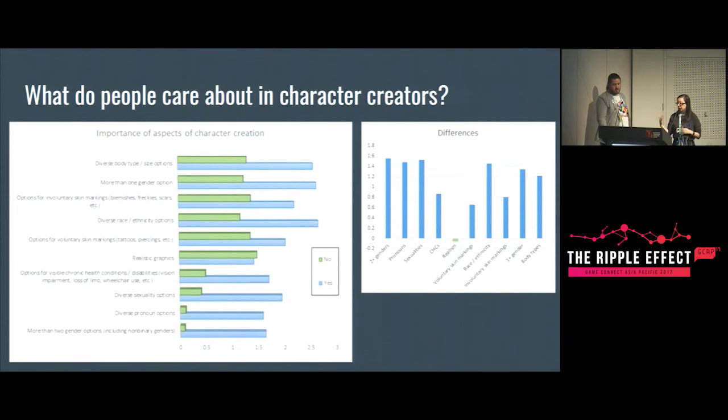Basically it's going through and showing you how much different people cared about different options in character creation. So the nos are people who didn't care about diversity, and the yeses are people who do, and then how much they care about different options. And you can see from there that yeses and nos both care about diverse options and choices and being able to change things more than they do about something like realism.